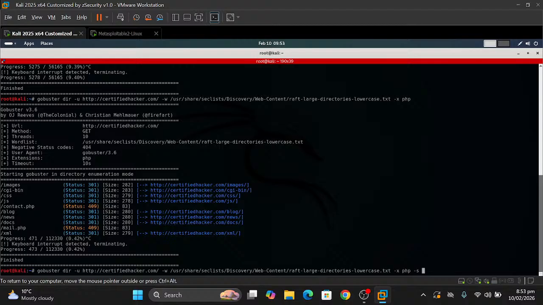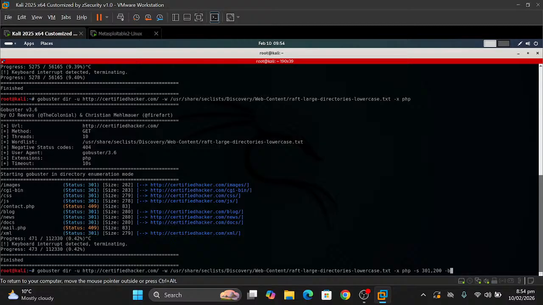Dash s is used in Gobuster to specify status codes in the result. So I specify 301 and 200, and dash b is used to block a specific status code, like 400,